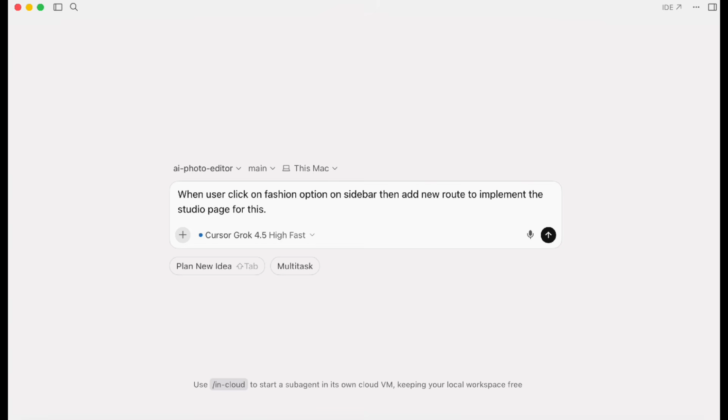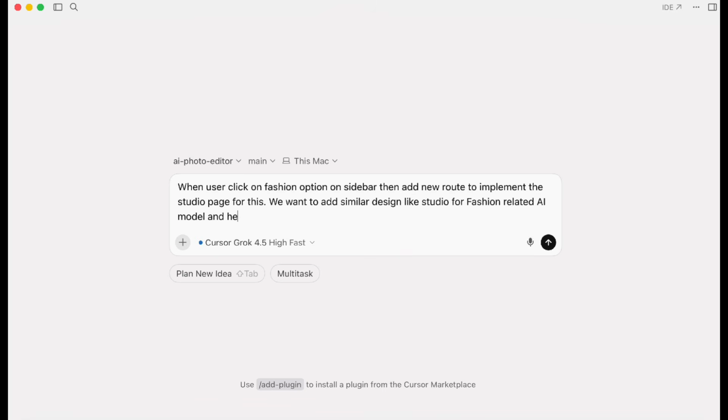Now obviously it will use some of the existing components, but here we'll say we want to add similar design like studio for fashion related edit AI model, and let's make sure to implement,